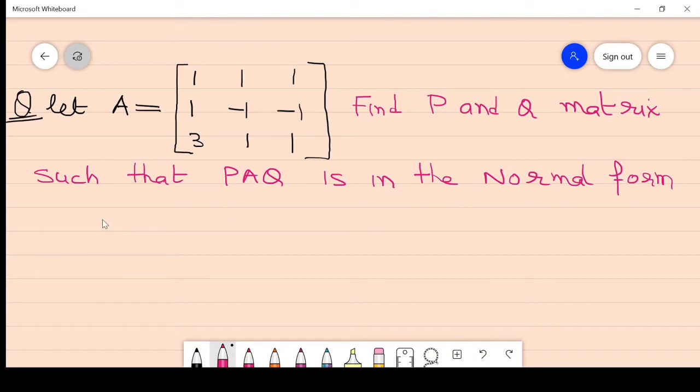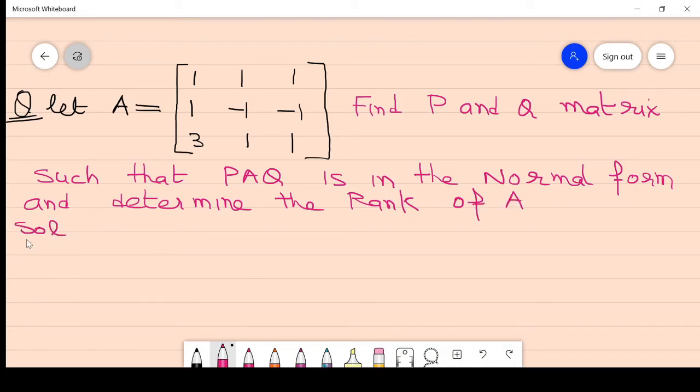Also determine the rank of A. So this is a very important type. Now, in this type, first I write this A